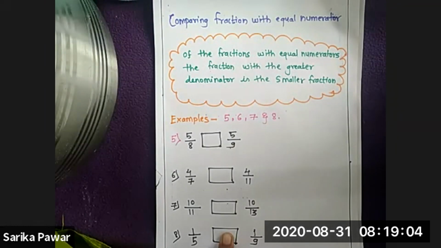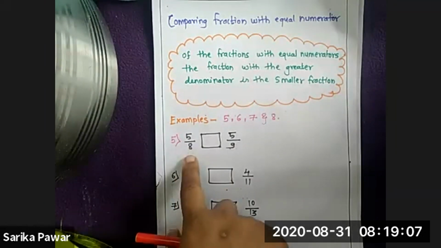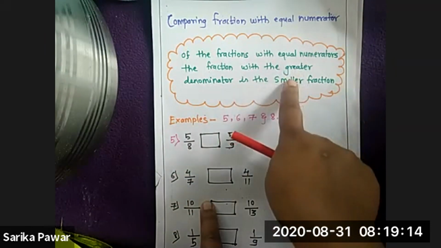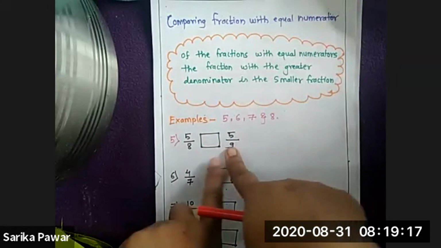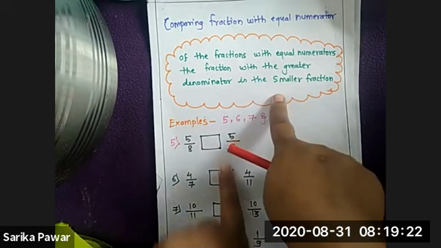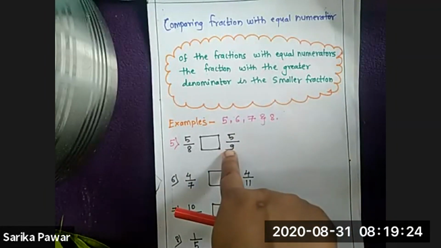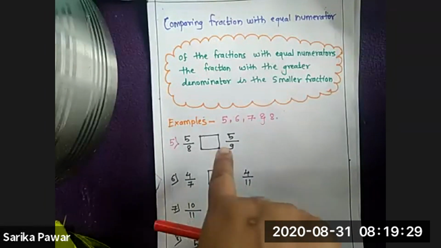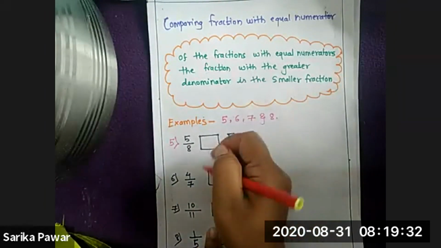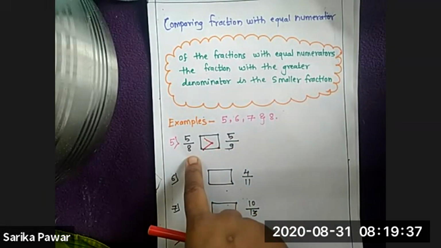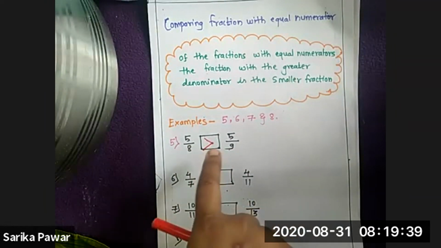See here, students, tell me now. 8 is greater or 9 is greater? 9. Yes, very good. Now see here, greater denominator means here denominator is greater, 9 is greater, right? So this will be the smaller fraction as per the rule. So though 9 is the greater, we call this a smaller fraction. So it will be the smaller and 8 will be the greater fraction. Keep in mind, don't get confused in that. It's a very important part in this problem set.